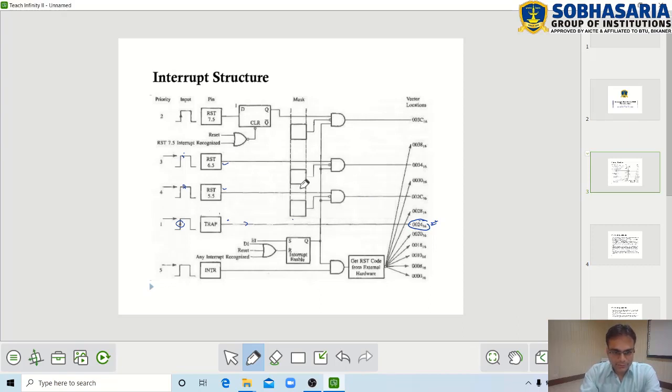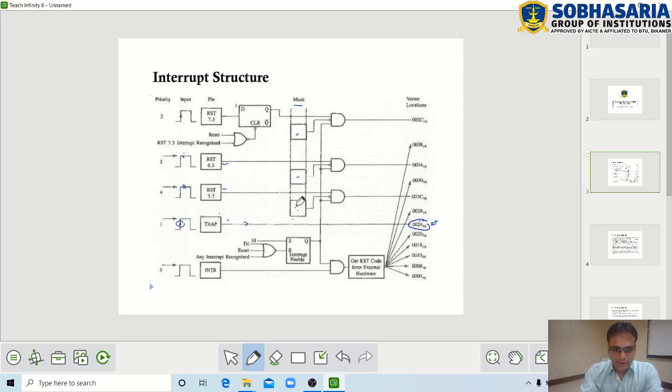Here you can see the masks. There are three masks available here: first for RST 7.5, second for RST 6.5, third for RST 5.5. Remember, in the SIM instruction we set interrupt masks for three interrupts, RST 7.5, 6.5 and 5.5. These are the masking bits which create a mask for these three interrupts, right?